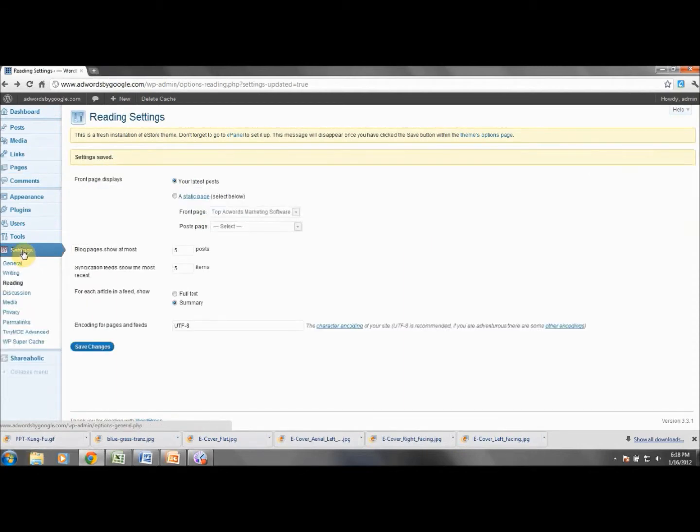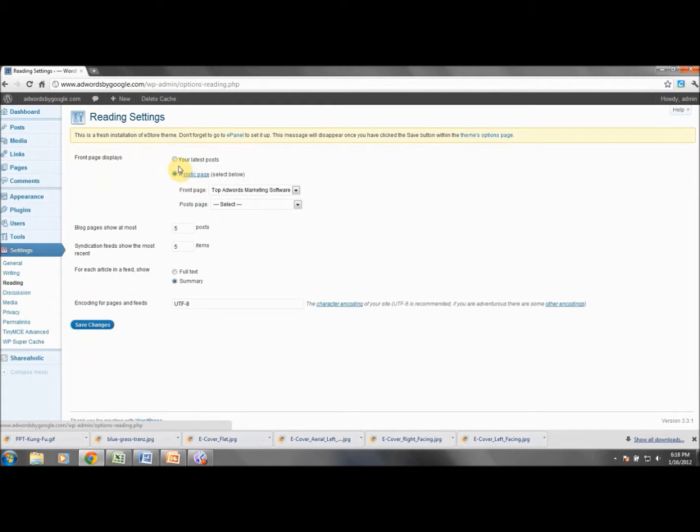Go down to the Settings tab, and then you'll drop down to Reading and go ahead and click on the Reading tab. What you'll notice here is it defaults to your latest posts. There is a huge SEO reason that will kill your website, and we actually show you proof that we actually got a page dropped off of page 1 of Google just to prove this in our WordPress SEO series. However, what you want to do is click on Static Page, and then select what